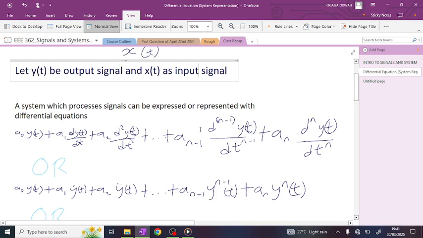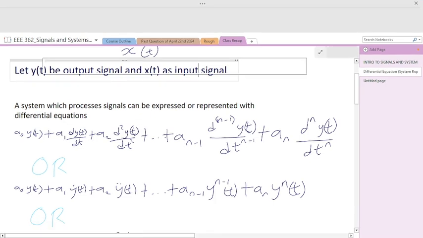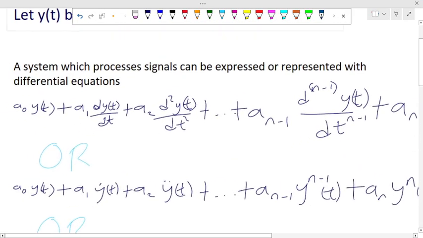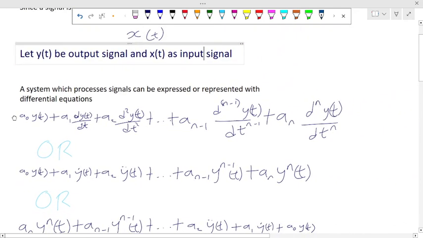So what we are actually doing here is this. We are saying now we are dealing with just the output. So if you see y of t, that's what you see here. We are just talking about the output for now. Once we are clear with how to represent the output using differential equation, we'll now talk about the inputs. It's the same. So just look at it now. So now we are saying that this is the signal